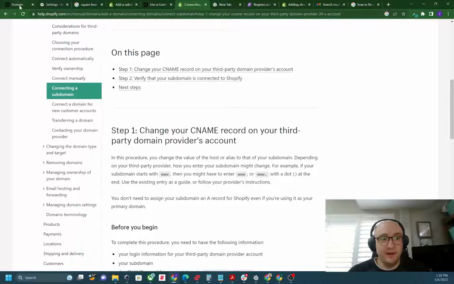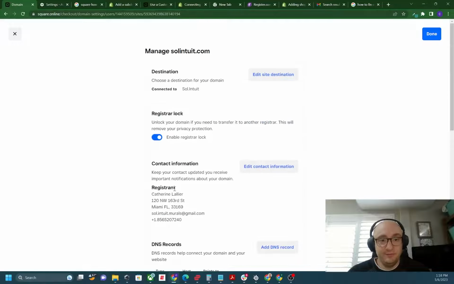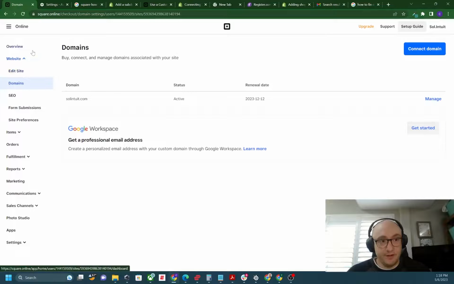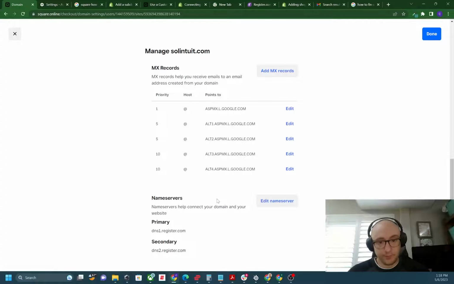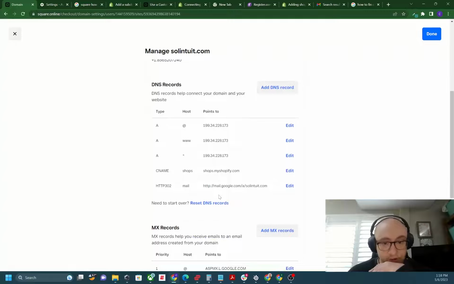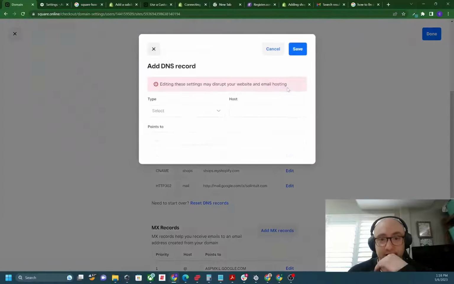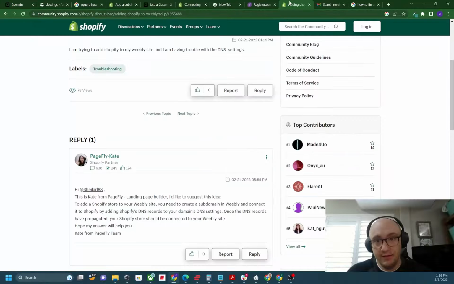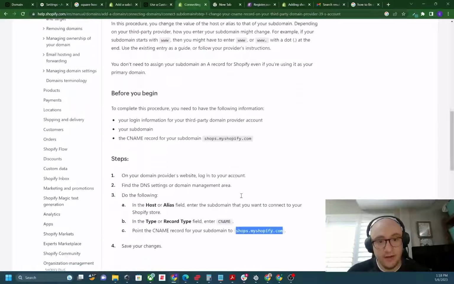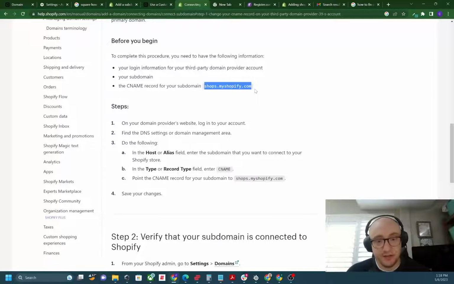So, for instance, in Square, go to domains and then manage domain, you scroll down to your DNS records. I already added it, but all you had to do is go add DNS record, CNAME, host, which is the subdomain, so you could add your subdomain here, and then points to, and that is going to be right here. It's just shops.myshopify.com,